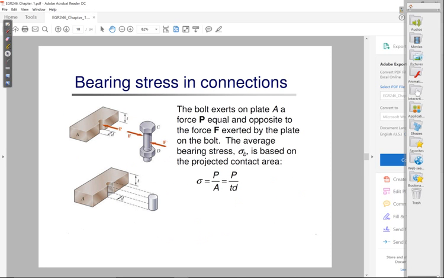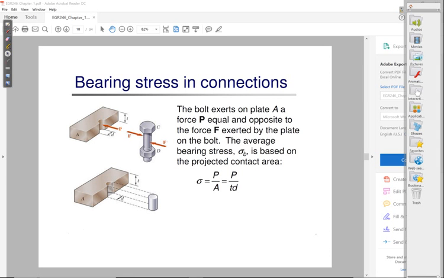Now that we have all of this, there's one more type of stress that we're going to talk about very quickly. Again, this is not used very often. This is just to get you used to this idea of a stress. This is what we call a bearing stress. A bearing stress is just another form of a normal stress, and all it is, as that figure was showing,